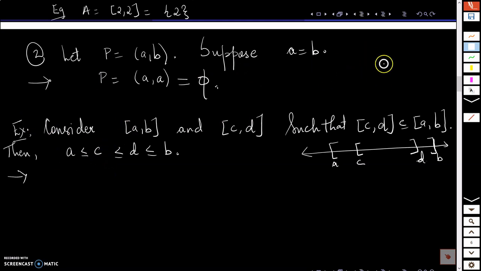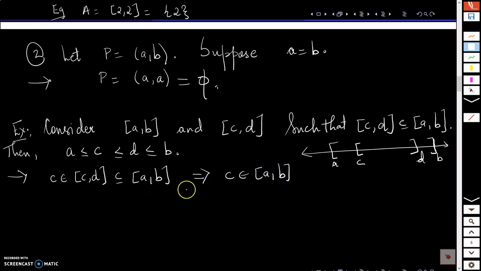Now we are given that the closed interval CD is a subset of AB. Now the point C is coming in this interval CD because it is closed at C. So C is there in CD, closed interval, and C comma D is a subset of closed interval AB. And subset meaning every point from the closed interval CD will be present in closed interval AB. This implies C is also there in closed interval AB, and C is there in between. That means A must be less than or equal to C and C must be less than or equal to B,